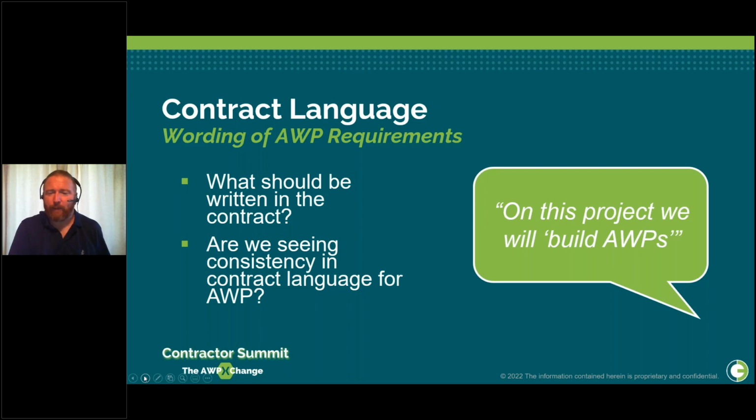Like I said earlier, treat it like a piping spec. So the easiest and most consistent approach I've seen and I've used for AWP and contract is a very, very simple one, a short paragraph that says the CII best practice of advanced work packaging will be used on this project. Contractor shall adhere to all requirements detailed in the attached owner AWP procedure, and then include the procedure. Put it in there as an addendum or as an attachment, much like you would do with a piping spec. So all you're saying is, there's probably 50 documents in a contract that say, here's all the things you have to do, here's all the things we're going to hold you to. AWP just becomes another one of those.